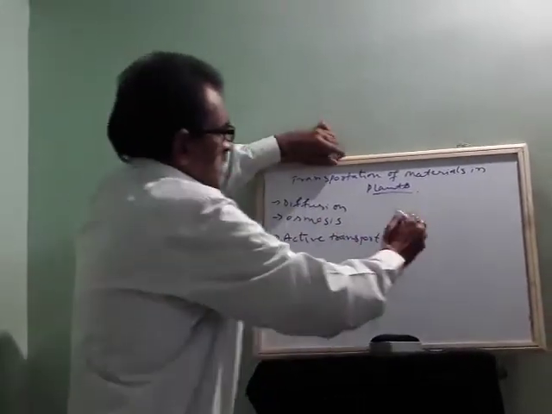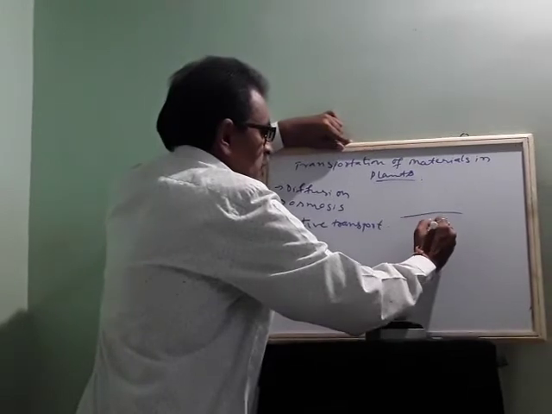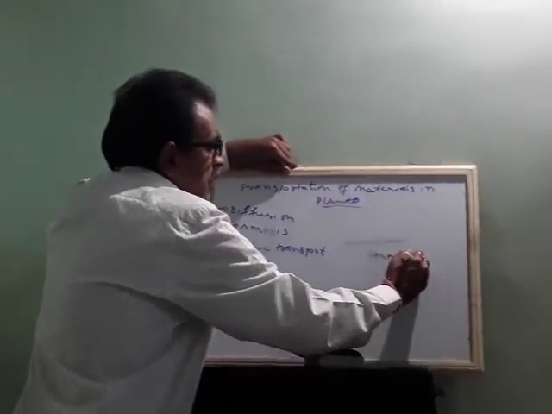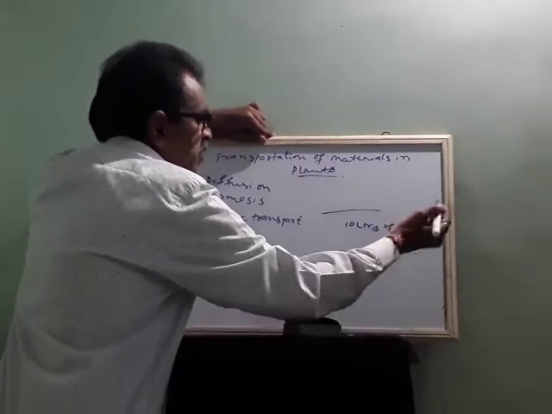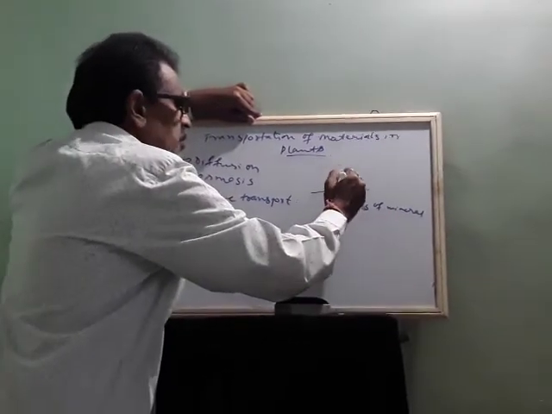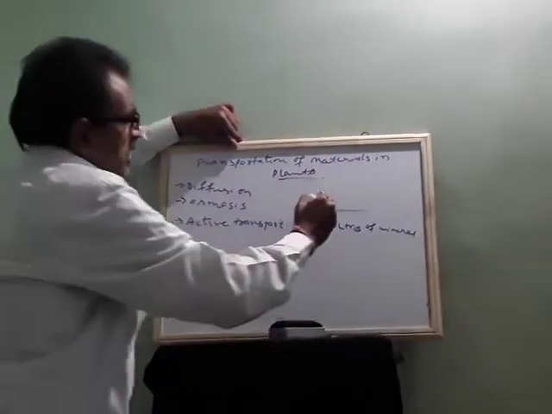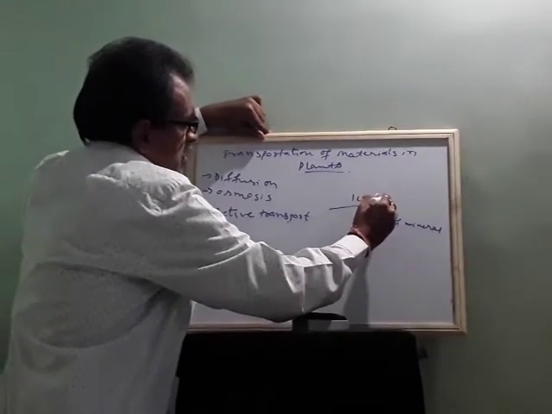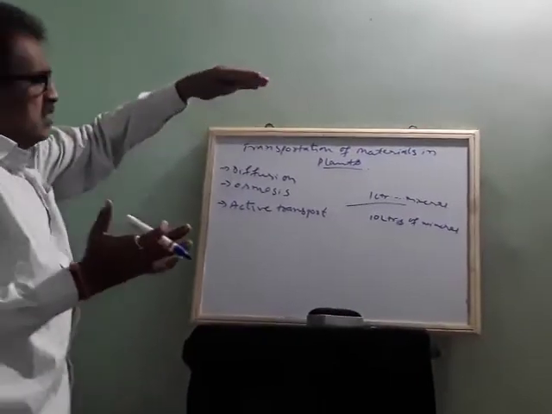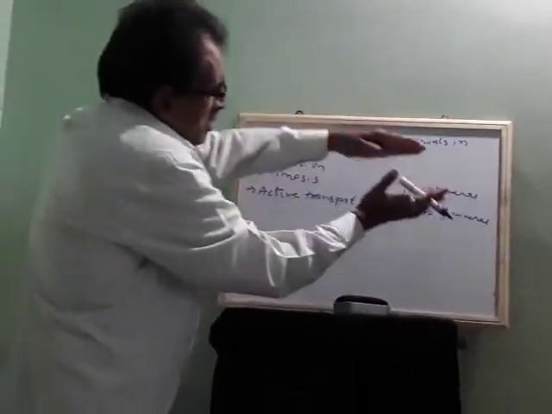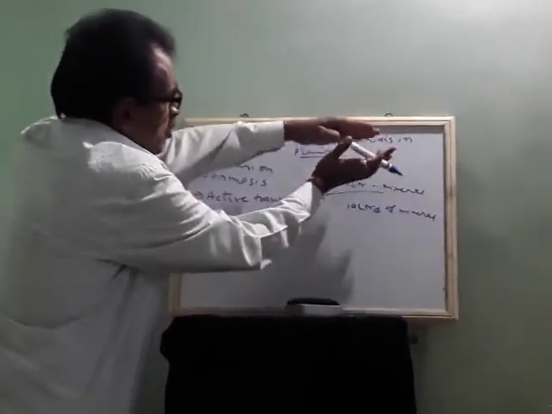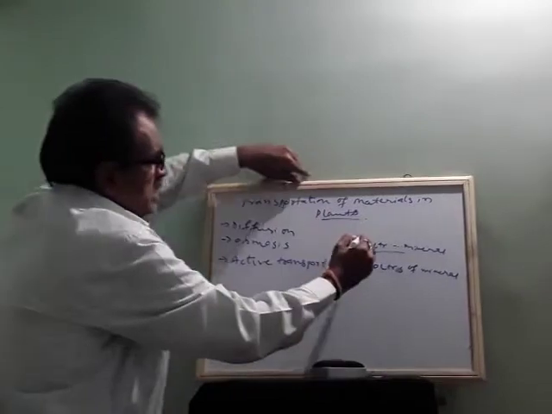Suppose I give a nice example. Suppose there is 10 liters of some mineral liquid here, and here there is only 1 liter of the mineral. So there is imbalance. Diffusion takes place until the quantity in the root cells becomes equal to the quantity in the stem cells. Initially, here, this part.